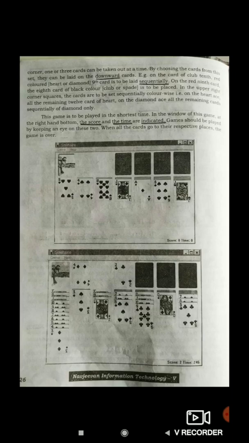So the game rule is to place all the cards sequentially, followed by ace, king, or it can go as ace, 2, 3, 4, 5, depending on the rules.